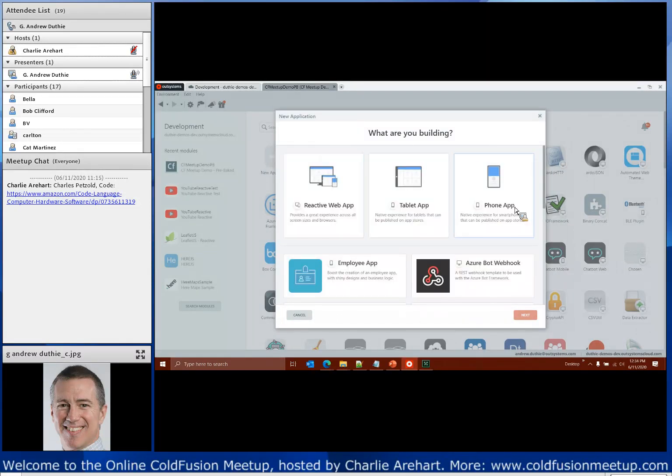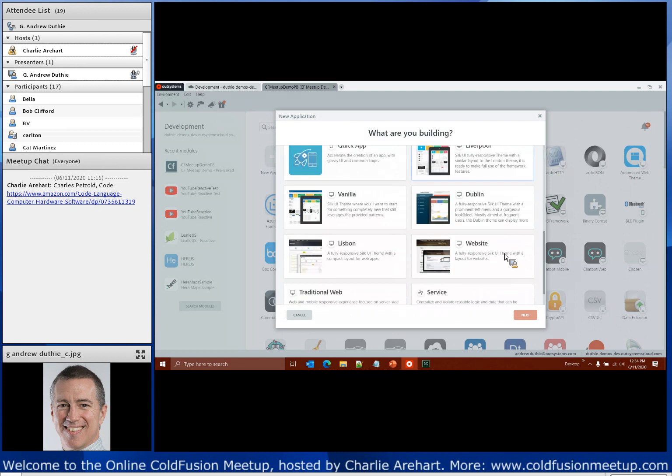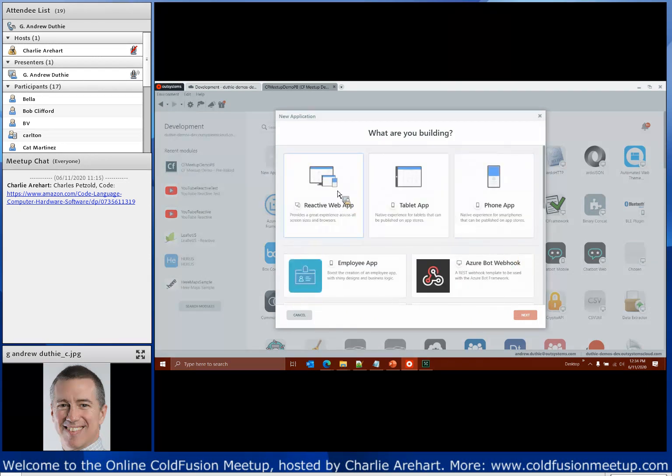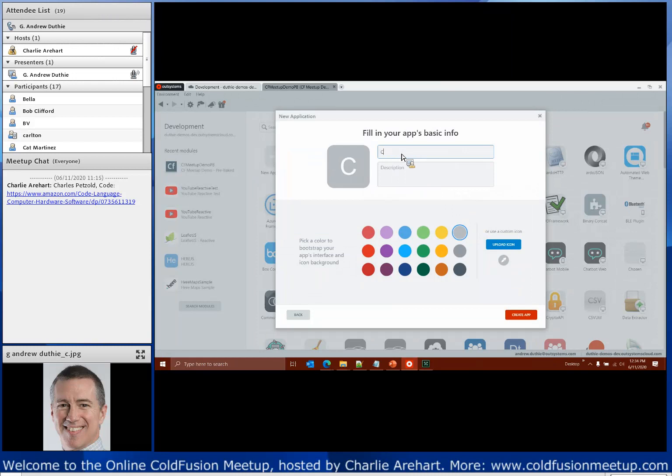And when I start a new application, I've got a choice of various types of apps. So I can choose the newest style, the reactive web application. This is responsive in terms of reaching desktop down to mobile. And it's based on React.js under the covers. So we'll just call this